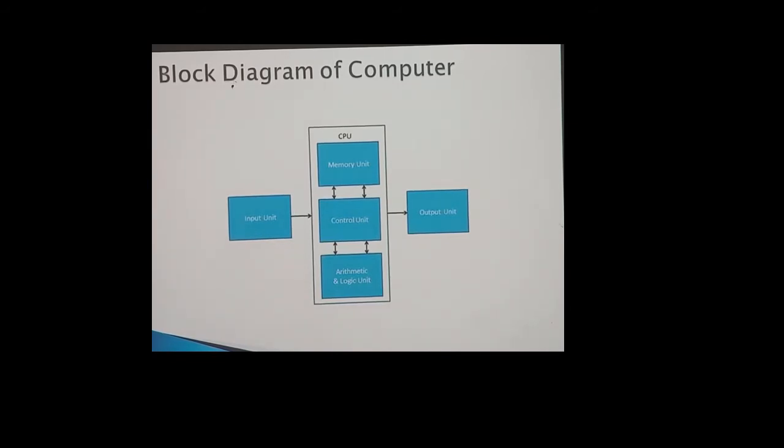Devices like a keyboard and mouse, used to input data and instructions to the computer, are called the input unit. Using the output unit or output devices like a printer or monitor, we can see the proper output. Using the control unit, we control the functions of a computer. Using the ALU, or arithmetic logical unit, we assign the mathematical operations.